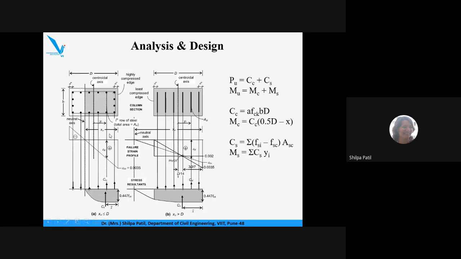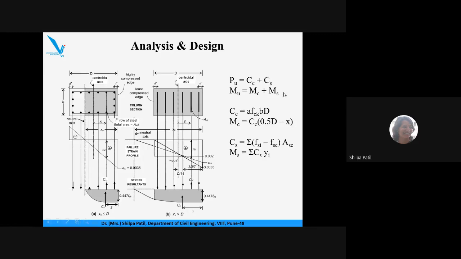Now you have already learned in MOS 1 that whatever load acts on any structural component is always balanced by the internal forces developed by that component. So it is simply an equilibrium concept: whatever the external load is, it should be balanced by the internal forces developed in the member. The force is developed in the specific materials. Here we are using two materials, concrete and steel. So the forces developed by the steel and concrete because of the external load should be equal to the external load to achieve equilibrium.